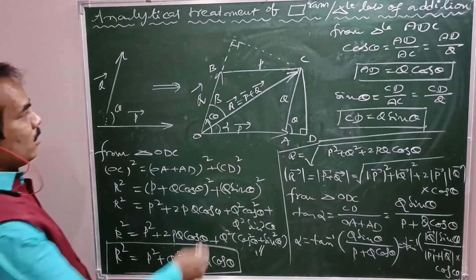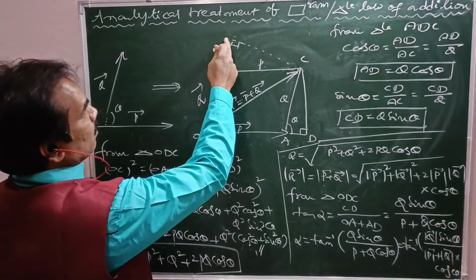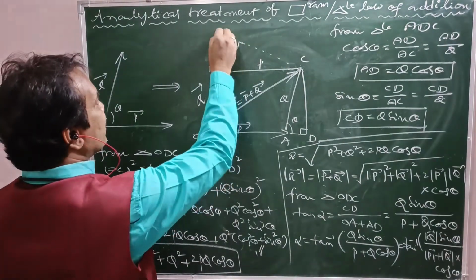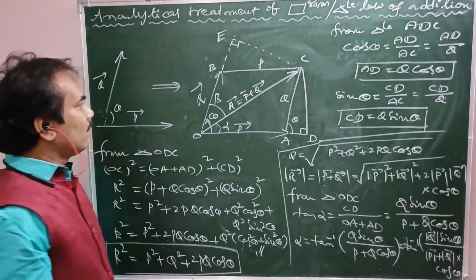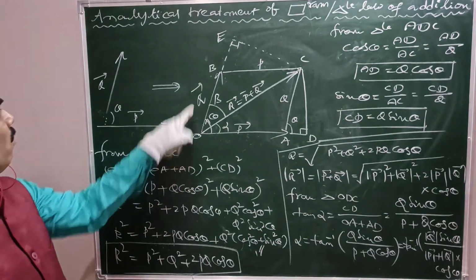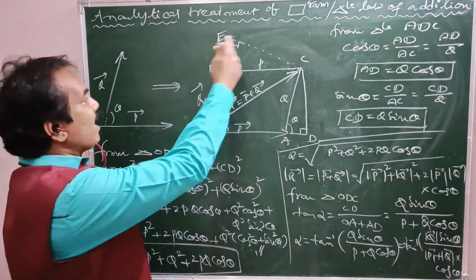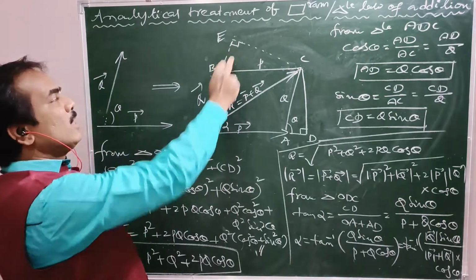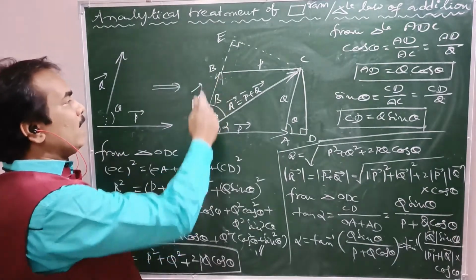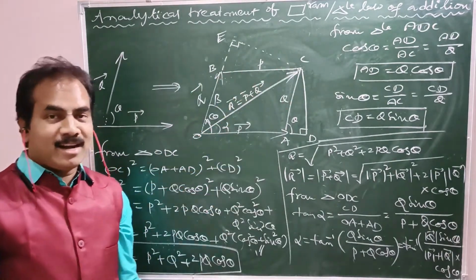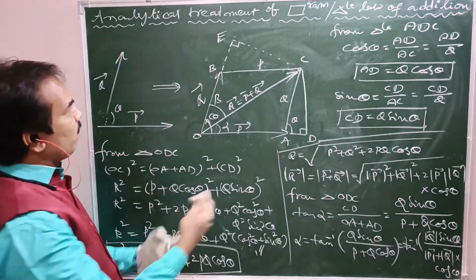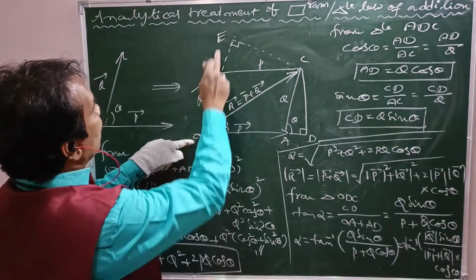This is what 90 degrees. Now say this edge, that is E, alphabet E. See this triangle OEC, the right angle triangle OEC. Why? Because here 90 degrees. Here it is not 90. That's why triangle OBC is not at all a right angle triangle. So go for the alternative, that is OEC.